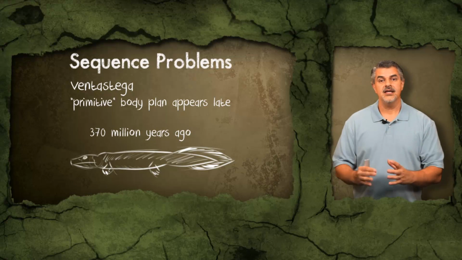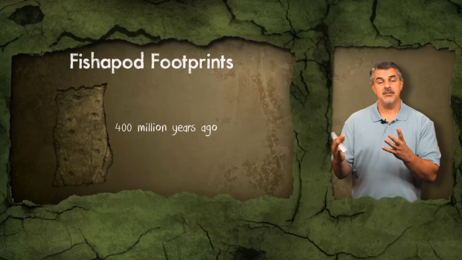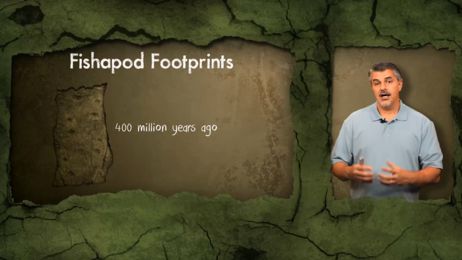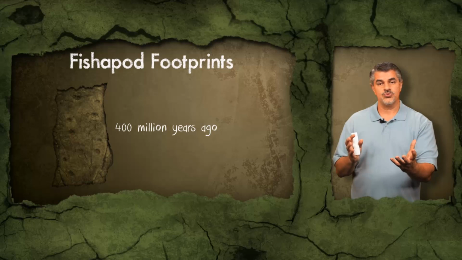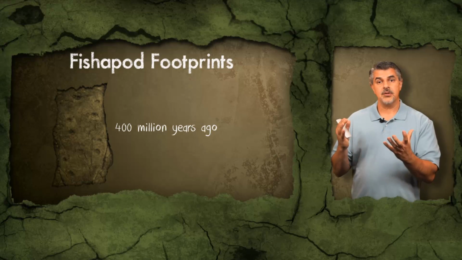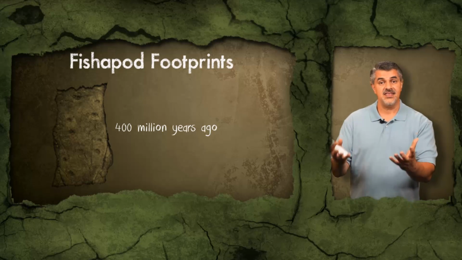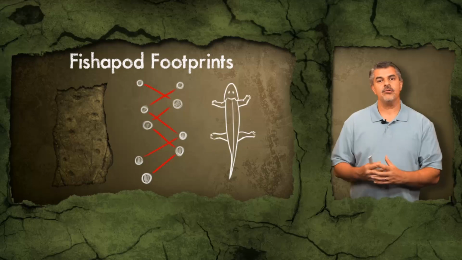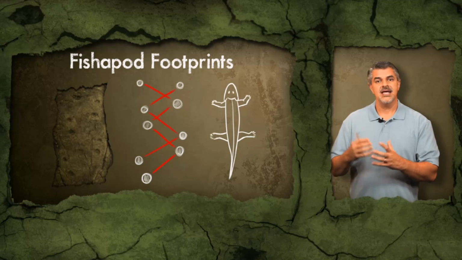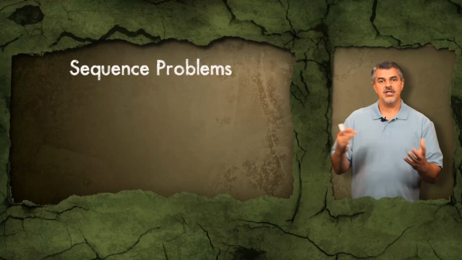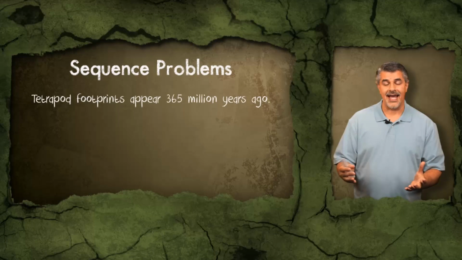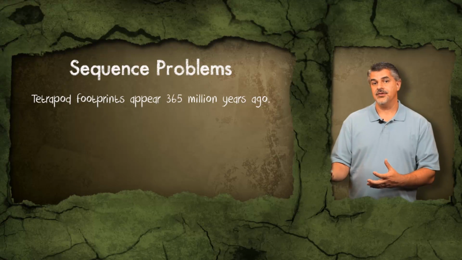And then finally, scientists have discovered footprints that have been made in the mud that date at 400 million years ago, recovered from Poland just recently, and these footprints are made by Acanthostega and Ichthyostega. Based on the pattern of the footprints and the nature of the imprints, they could conclude that a tetrapod made these. What's interesting is that according to the fossil record, tetrapods don't appear on land until 365 million years ago,